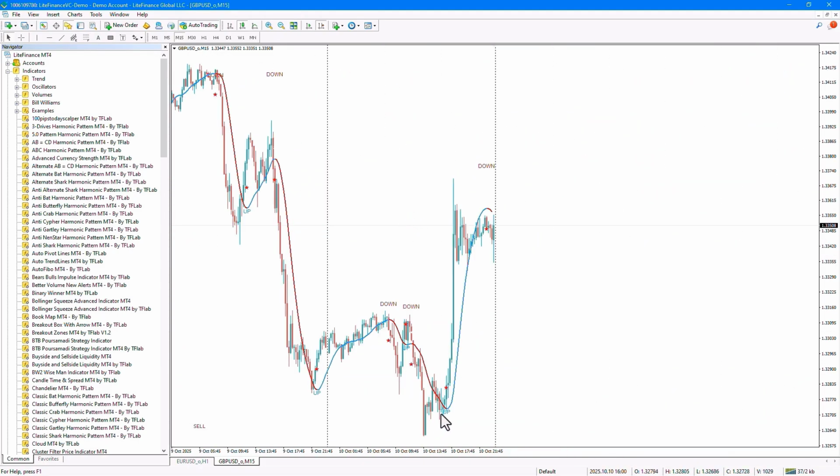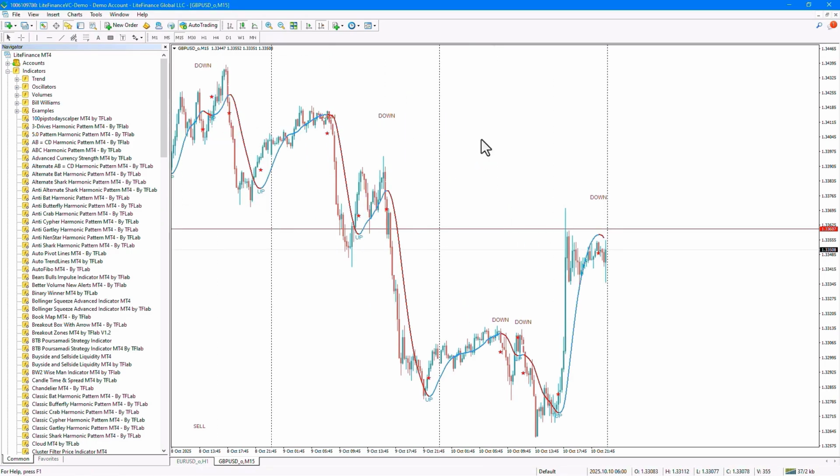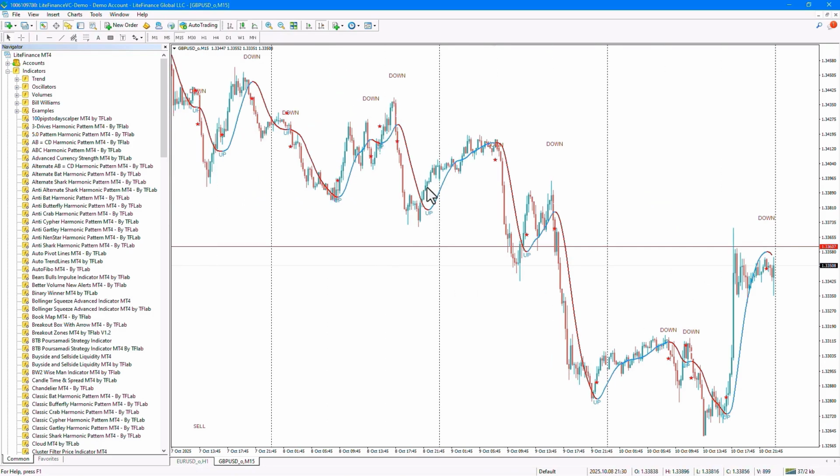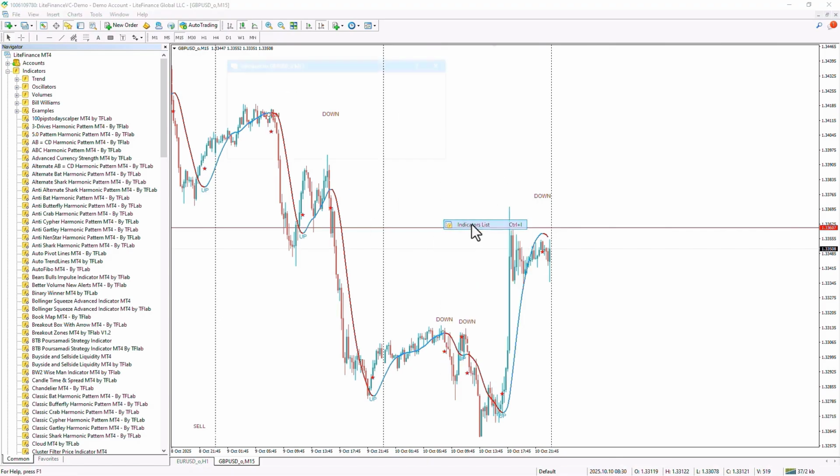For example, at this point we can see that a buy signal has been issued for us. The color of the line has changed from red to blue, which indicates a bullish trend in the market. A star is displayed here, which is considered as the take profit level for us. And after that, we see that the price has issued a sell signal for us, which in this section we can also use as an entry signal for a sell position. However, the best entry points for a trade are when the signals are issued in the direction of the price trend, and then we decide to enter the trade. Here